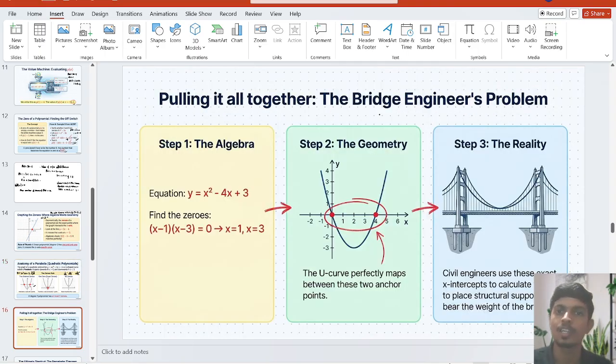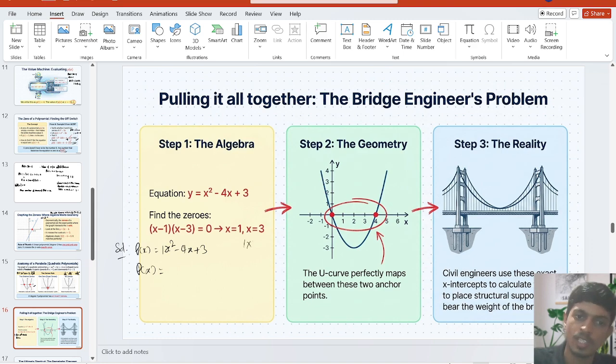Pulling it all together, the bridge engineering problem. As you see, the algebraic equation y equal to x cube minus 4x plus 3, we have to find the zeros. If finding the zeros, we can simply suppose solutions. Suppose p(x) is equal to x square minus 4x plus 3. In order to solve, we have to factorize by splitting the middle term, like 1 into 3 is equal to